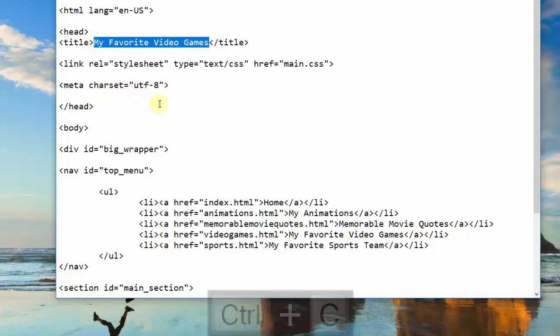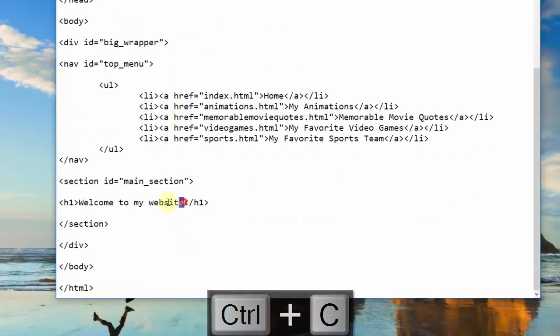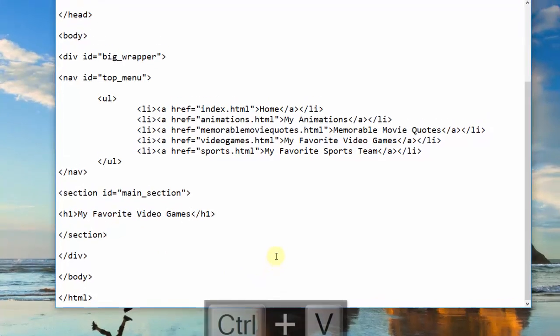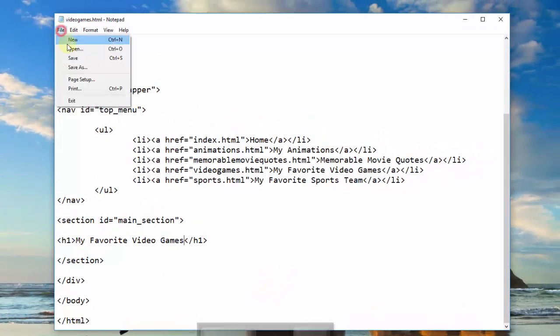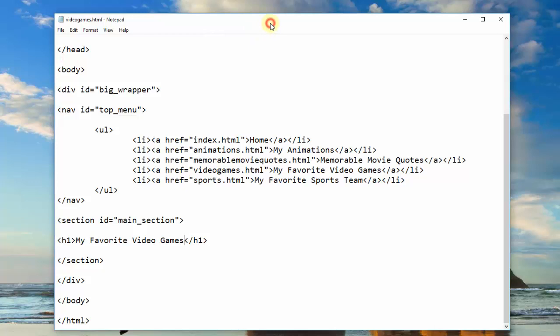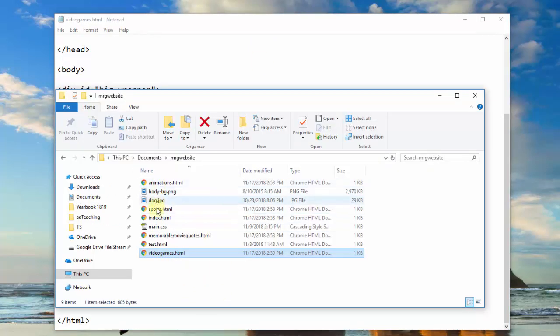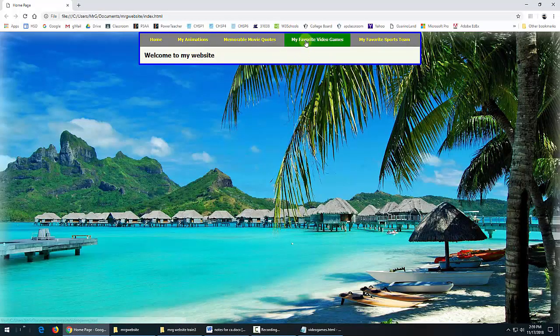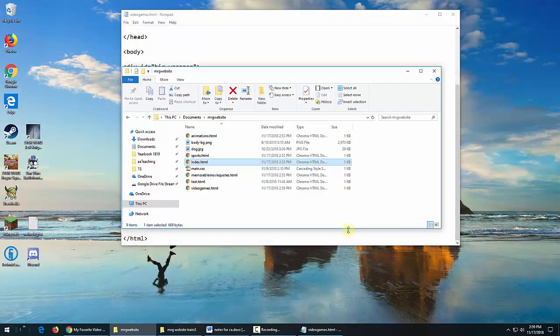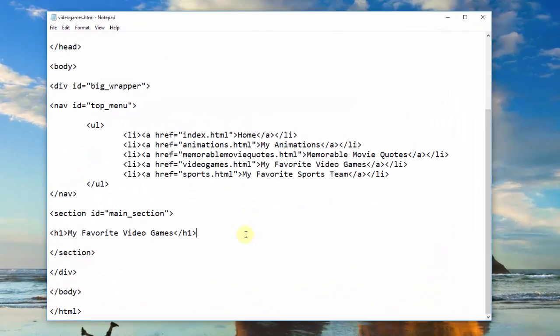So I'm going to copy this because why type it again? And down here, paste that in. So if we save this and then open up our index page and click on my favorite video games, you'll see my favorite video games is here and also on the title up there. So now we're going to minimize this, and now we're going to add the content to our main